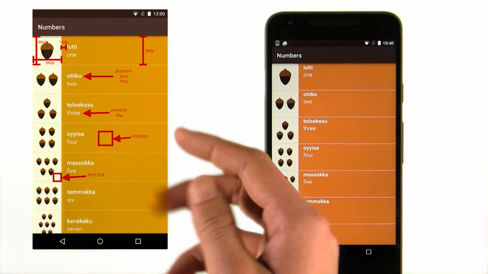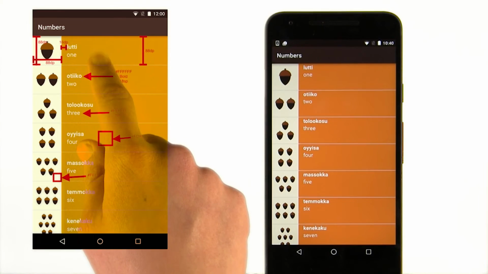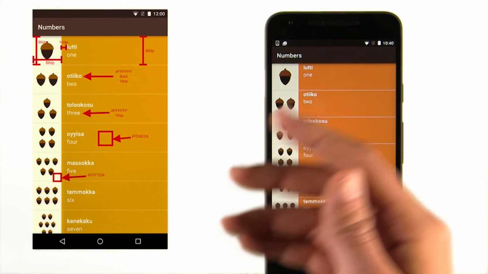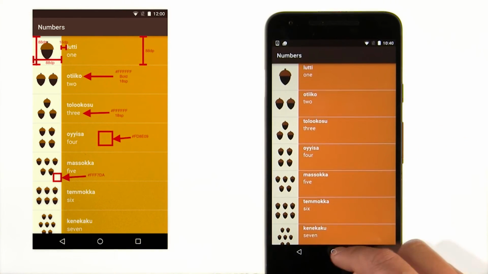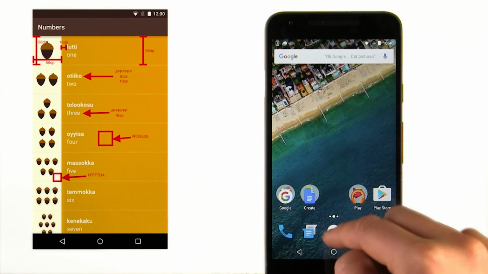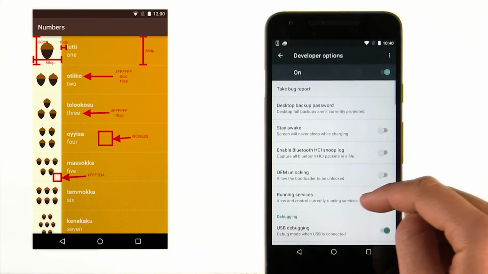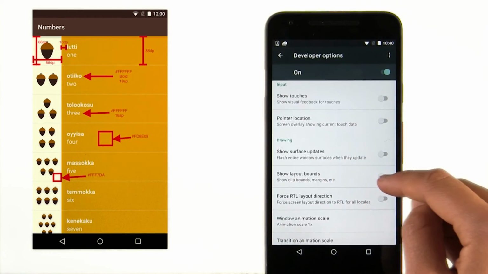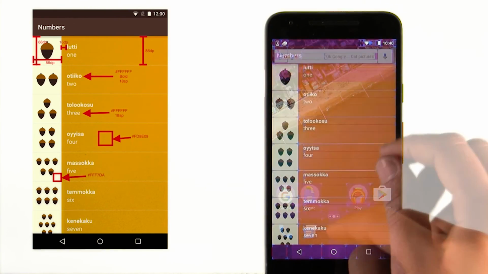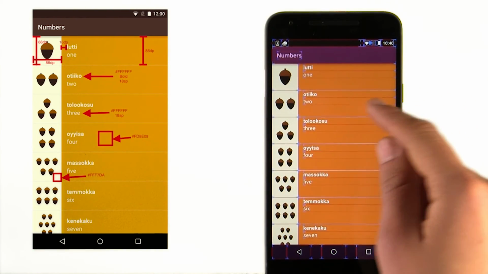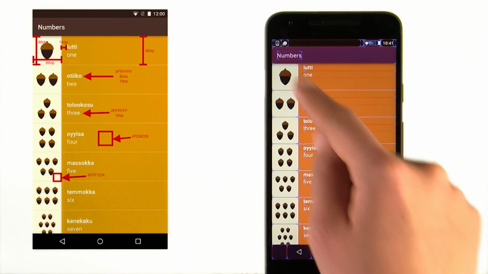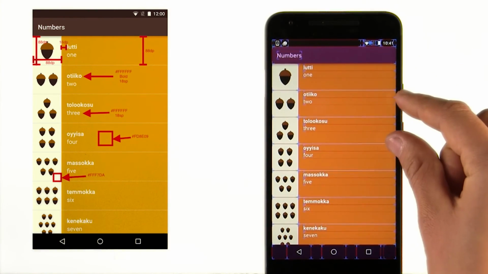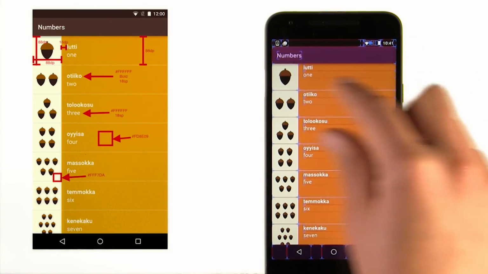So to figure that out, let's first figure out the bounds of each text view. And to help us out, I'm going to turn on the Show Layout Bounds under the Developer options in the Settings menu. So remember how to get there? Go back to Settings, scroll down to Developer Options, and then a little bit more than halfway down should be Show Layout Bounds. So let's go back to our Miwok app. Now with the layout bounds showing, I can see that our two text views are squished up into the top edge of the vertical linear layout. Now I need to move them down a little bit more so they take up more vertical height in the